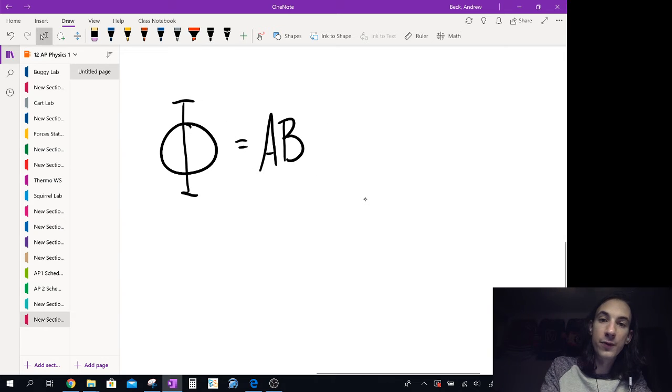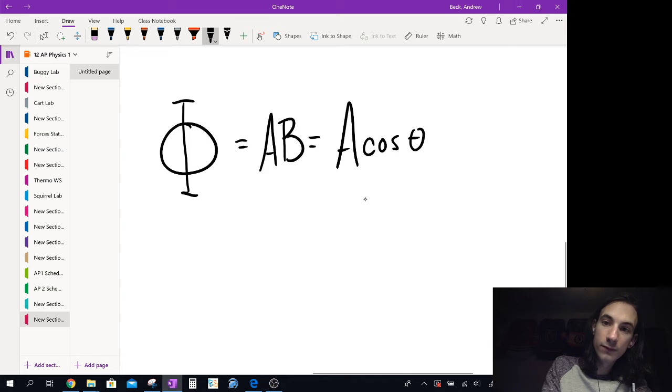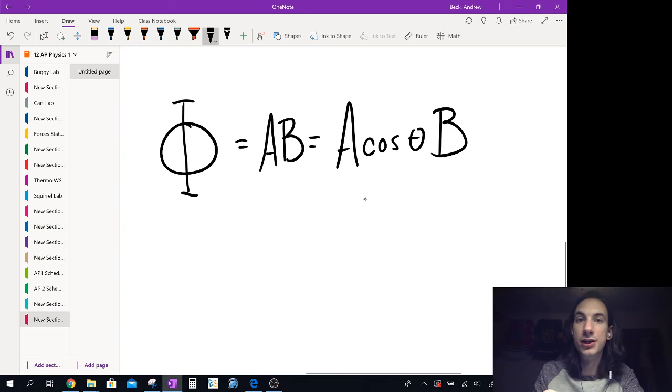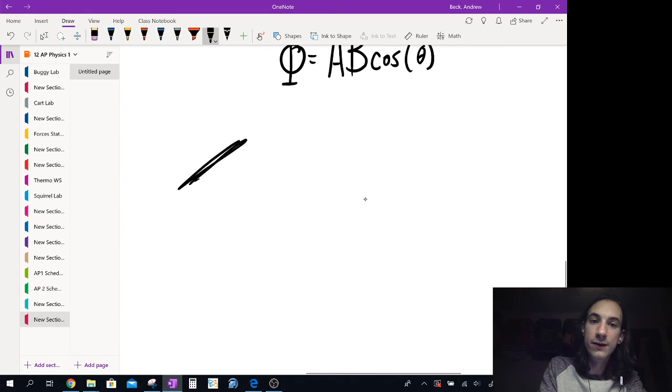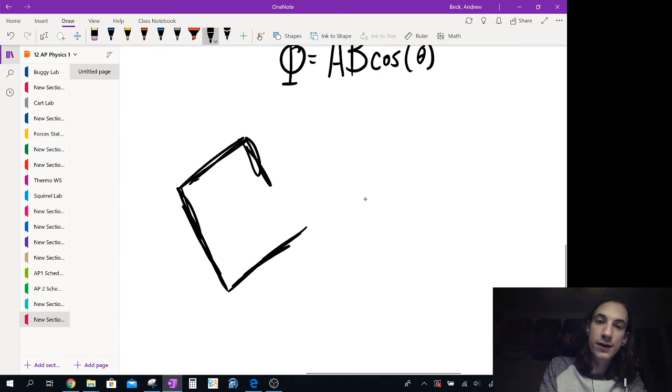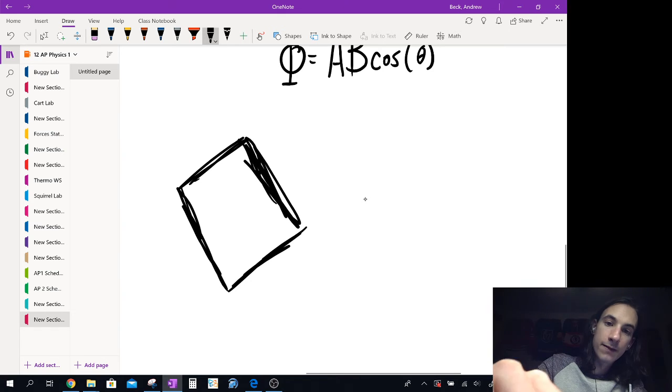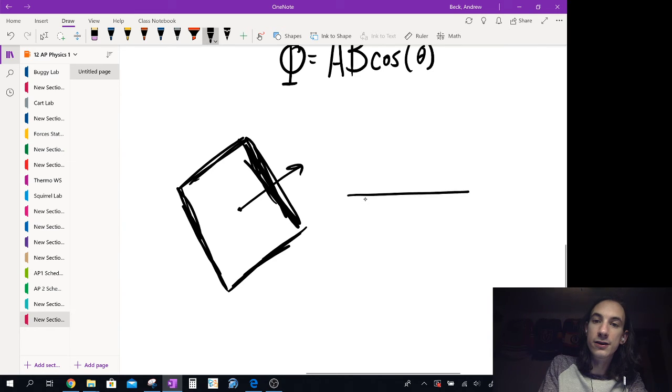And when we're thinking about that area, we're actually going to call it A cosine theta times the magnetic field, because we said that that angle, that orientation, matters. So we can write it a little bit more simply as flux equals A B cosine theta. And where this cosine comes from is if we think about having a loop of wire, I teased it with the paper thing, but I want to be a little bit more clear about it. We can define a direction for this object's area. We can say that the area is perpendicular to that loop of wire. So the area vector